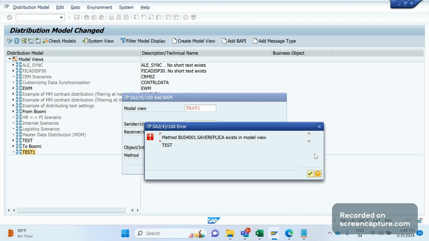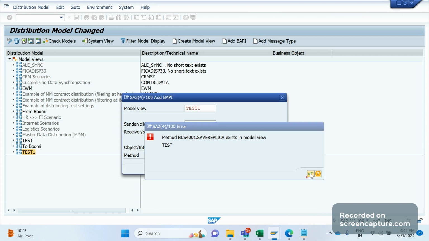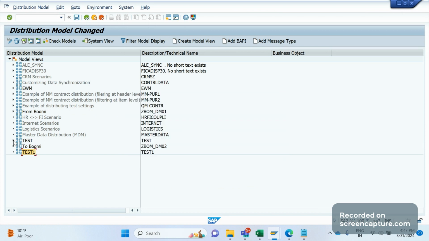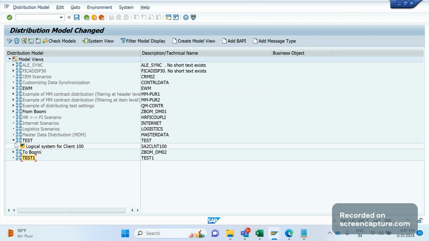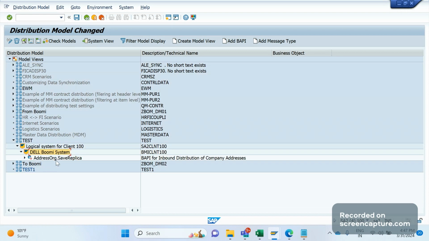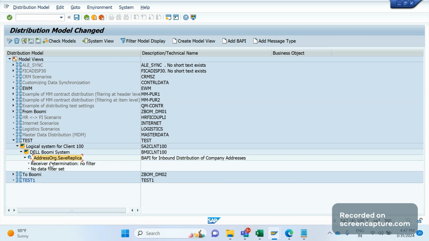So it won't allow us to create duplicate entries. Okay, but this is how we should create. If you click OK it will create. But let me show you the existing one, test, and here you see that this is the sender and this is the receiver. If you click one more time, you see address org save replica. Click one more time, and if I double click on this address org save replica,